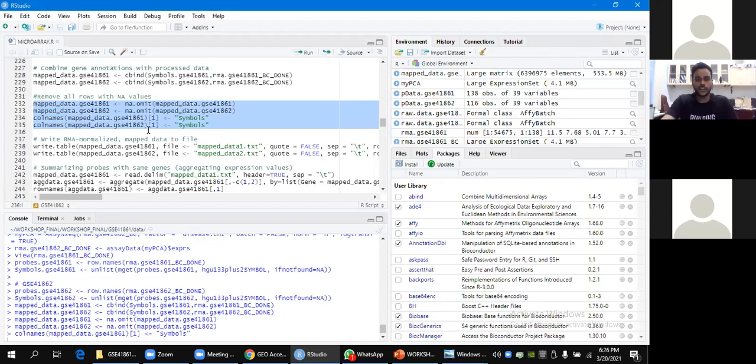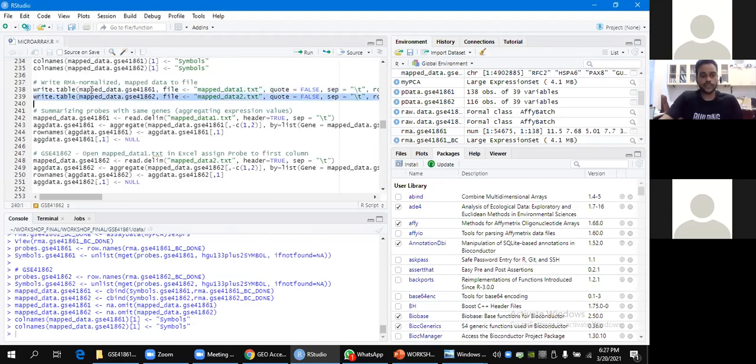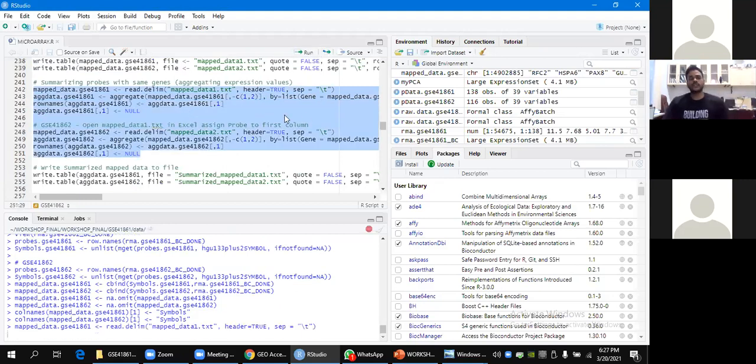I will remove the whole rows corresponding to the probe IDs with no symbol available and delete them. You can also save them for both the data sets as map data files. Now, using this command for both the data sets: many of the gene symbols correspond to multiple probe IDs, so there are duplicates. For that, I would be averaging the expression values corresponding to the same gene symbol, so that only one gene symbol per row appears in the final data set.